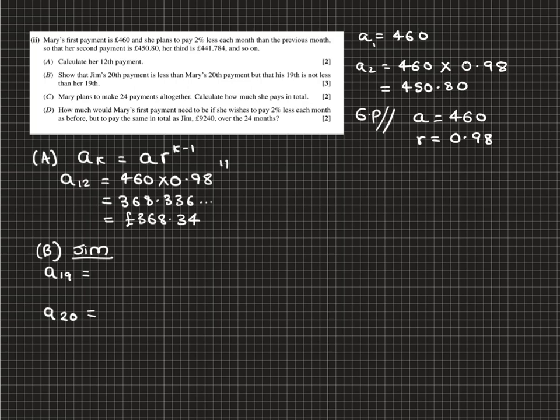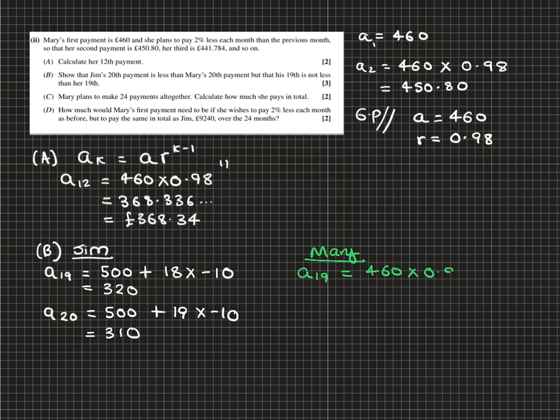So A19 is 500 plus 18 multiplied by negative 10, and A20 is 500 plus 19 multiplied by negative 10. So let's work out both of these, and they come to 320 and 310 pounds, respectively. Now, let's do the same for Mary. So her value of A19 is going to be 460 multiplied by 0.98 to the power of 18, which comes to a value of